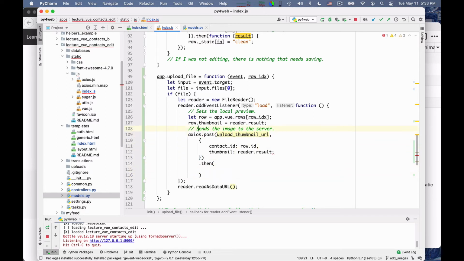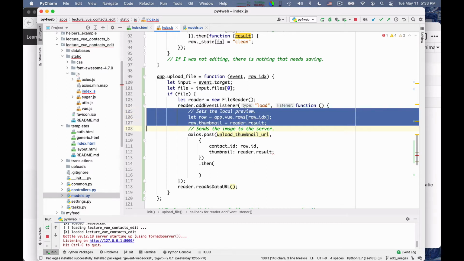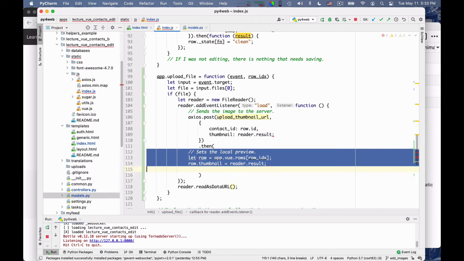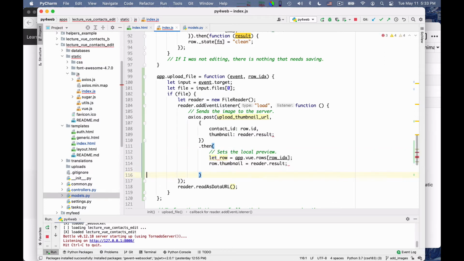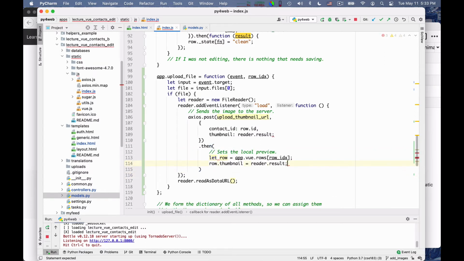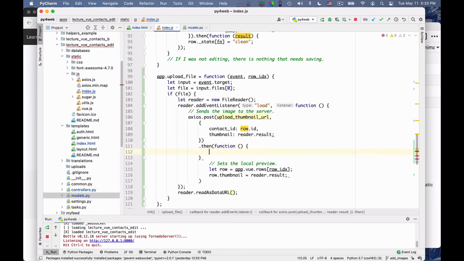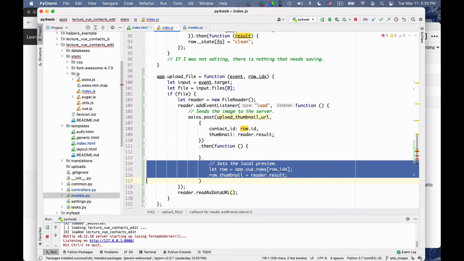So the setting the preview, it's maybe slightly more elegant if I do it once the server has received the image, because in this way it acts as confirmation that it went through. Okay, so then function, okay, and sorry, and this goes in there.